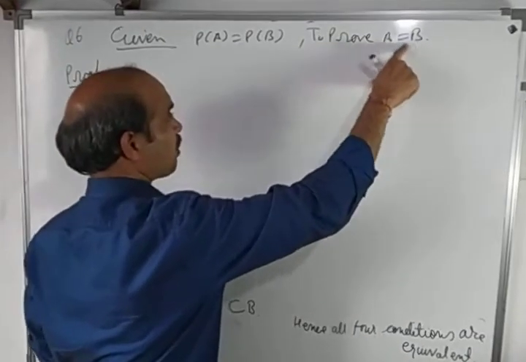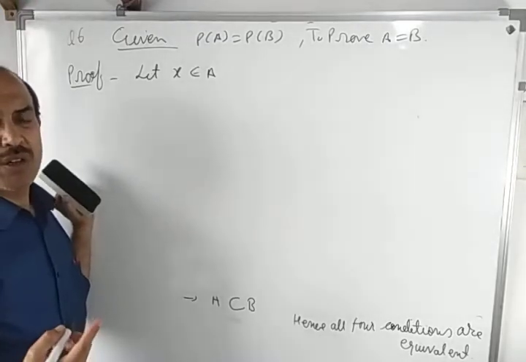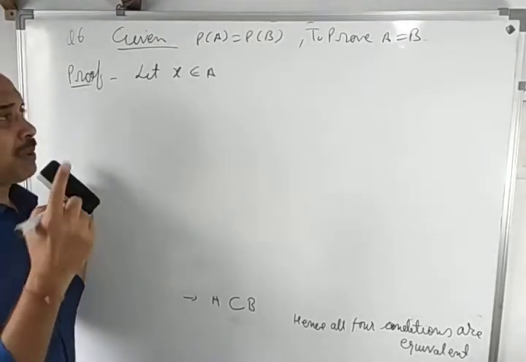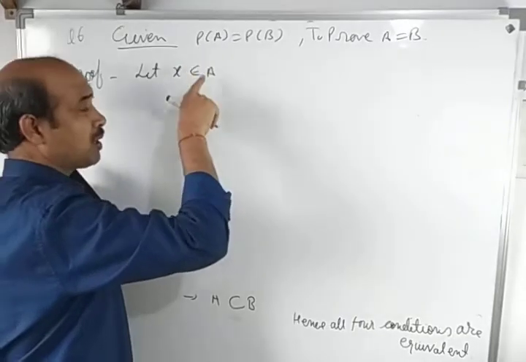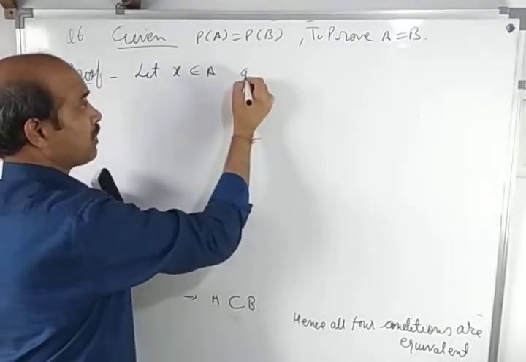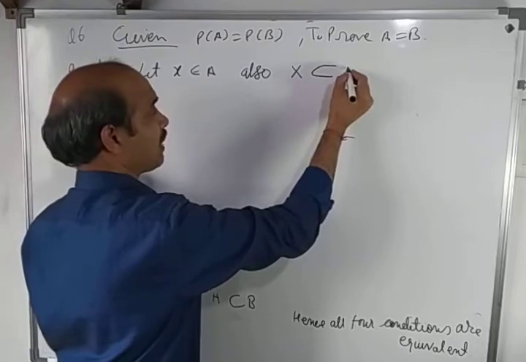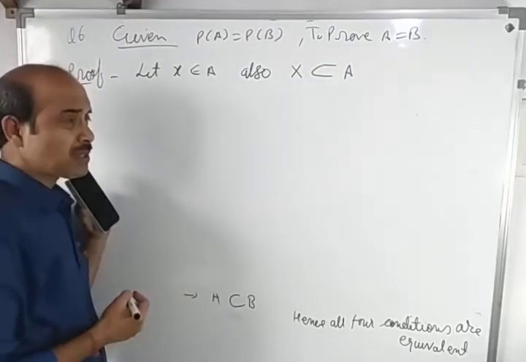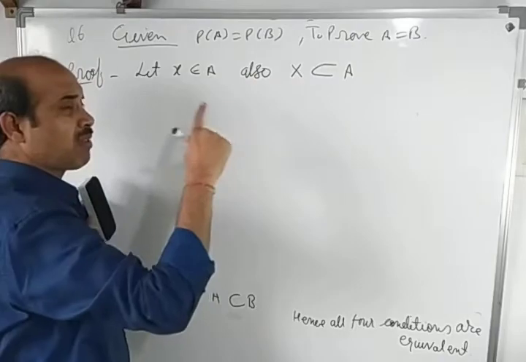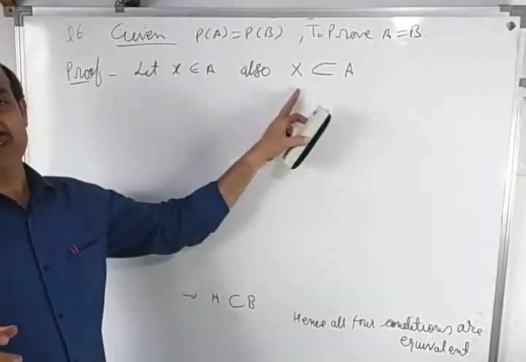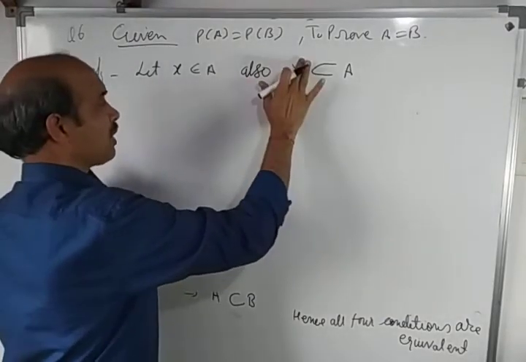And when we have to prove A equal to B, then we take element x in A and we will prove that this x is also belonging to B. So A will be subset of B and then we will prove B is the subset of A. Now since it is related to power set, so in set A we will suppose X, capital X is the subset of A. Although small x and capital X convey different meanings, this is an element and this is a set which is subset of A. But if you want to take different, you can take different also here.